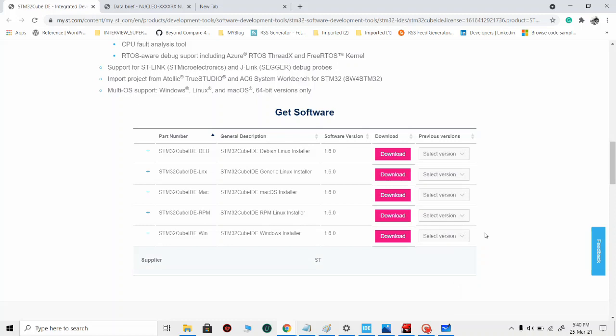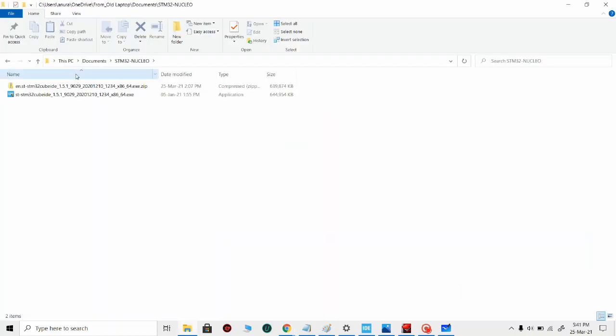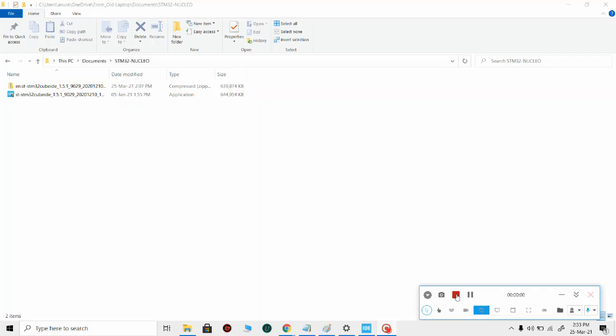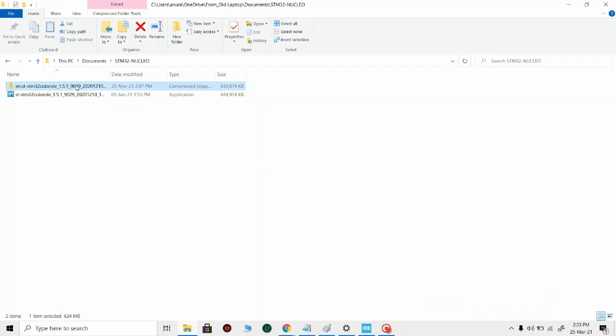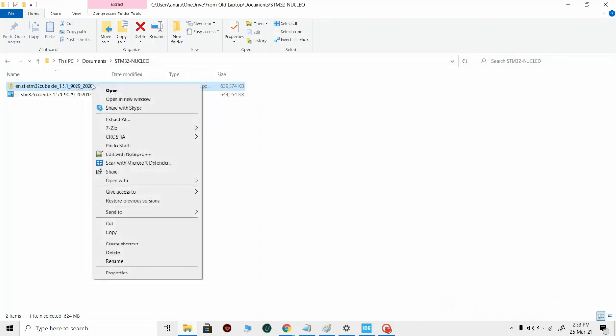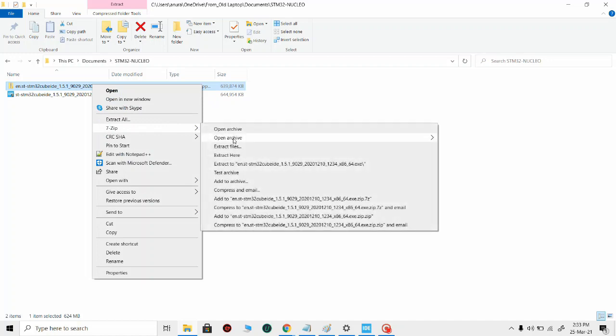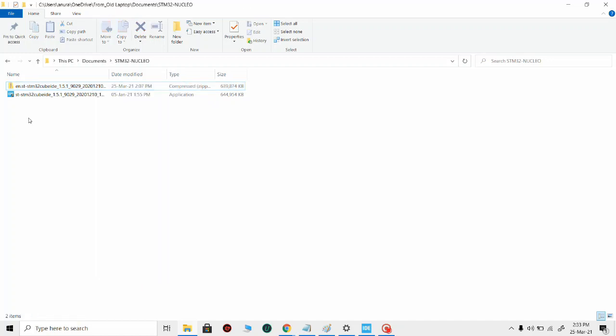Yes, this is the zip file that we have. Till now we have downloaded the zip from this ST Microelectronics site, and then we'll extract it here. Upon extracting, which I have done already, we'll get this application which is an installer.